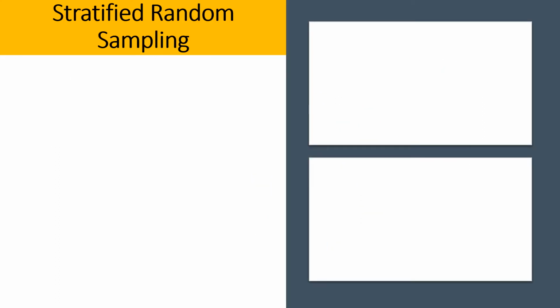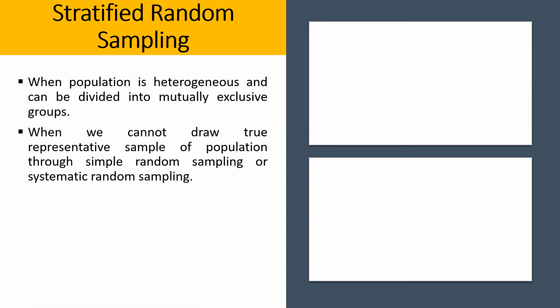The next method is stratified random sampling. Now, why is it used over simple random sampling or systematic sampling? Stratified random sampling is used when the population is heterogeneous, or it can be divided into mutually exclusive groups. When our population is homogeneous, we should go for simple random sampling or systematic sampling. But if your population is heterogeneous, then you should go for stratified random sampling. This can be asked in any entrance exam too: when your population is homogeneous,